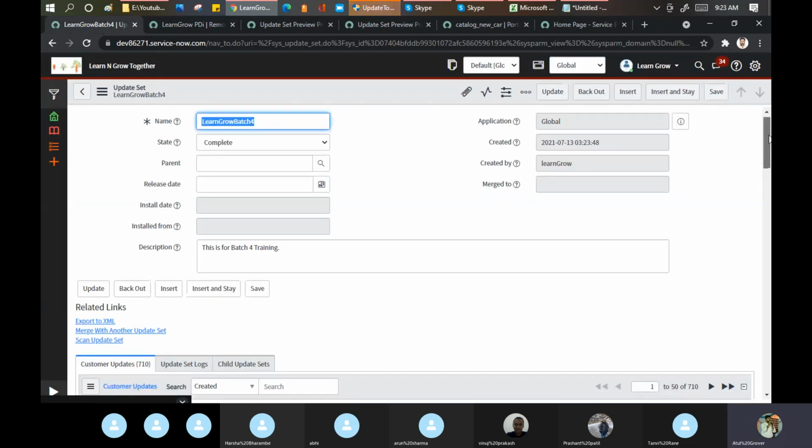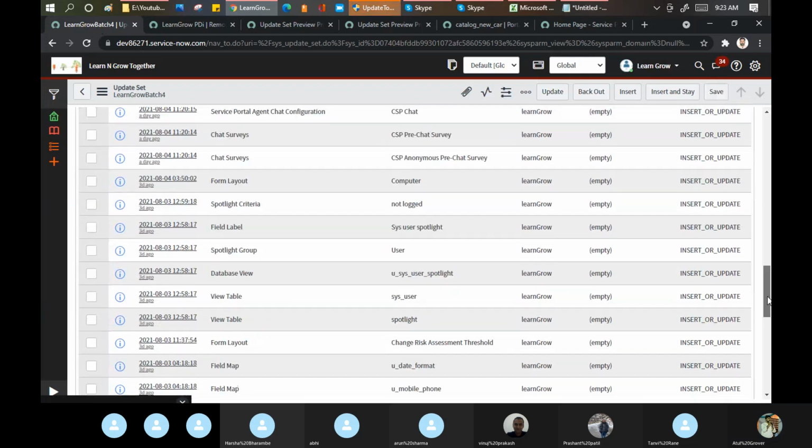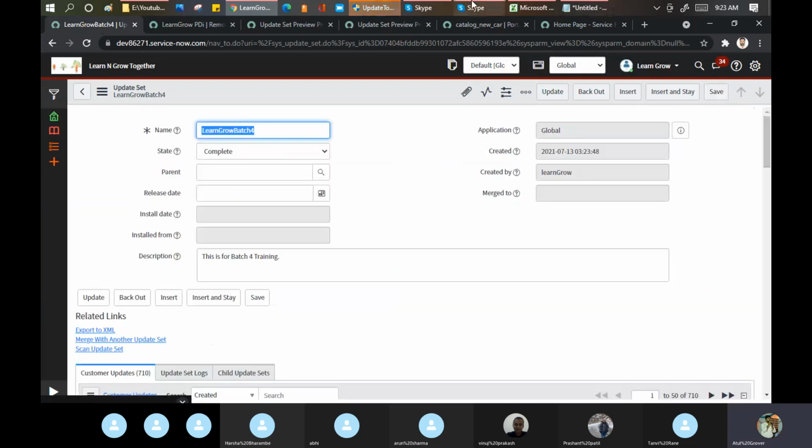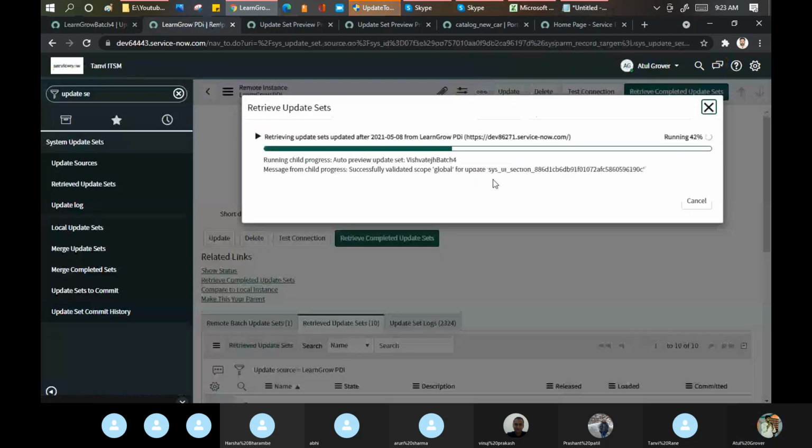There's no relationship, buddy. Let's see. It should give me the picture of whose update set is working fine. So I'll bring those update sets just to show you the changes in this instance.